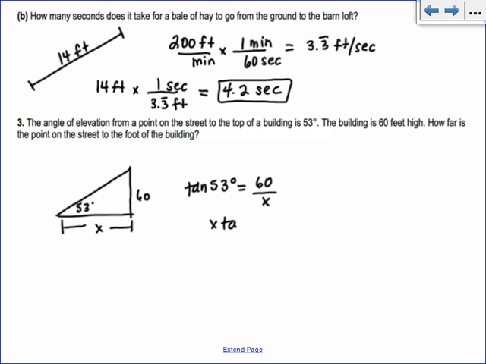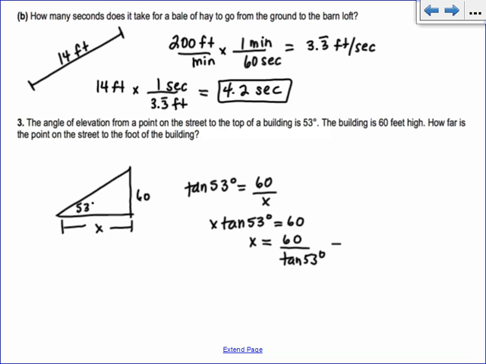Just the big thing that people will mess up on is they will forget that they need to multiply the x over. So they'll instead divide the wrong way, and you'll always get answers that don't make sense in the end. If I divided the wrong way, it would be 0.022. Are you 0.022 away from the building? No, because your angle of elevation would be like 89 degrees, 89.999 degrees if you're super close